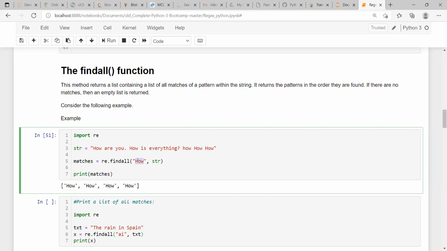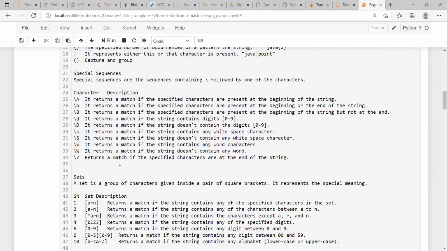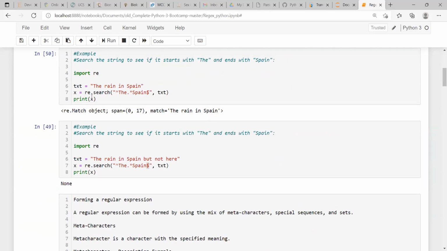And you can see that in the earlier example with the search option, re.search, it was not giving all the words, only the first position where it is found is returned with the search function.